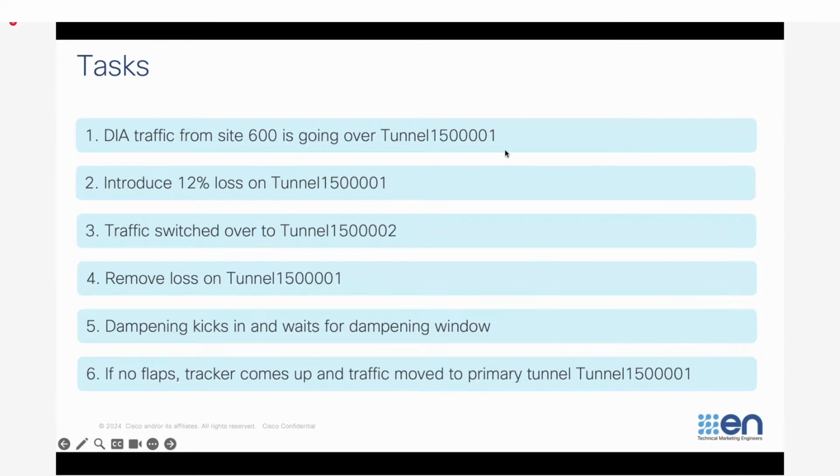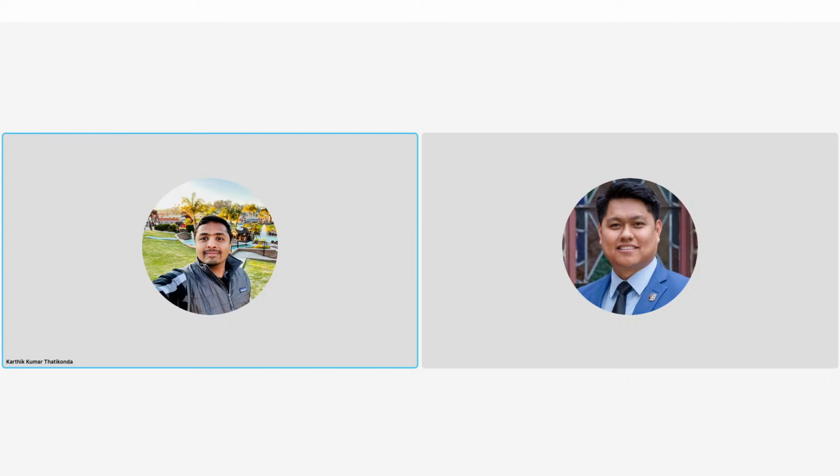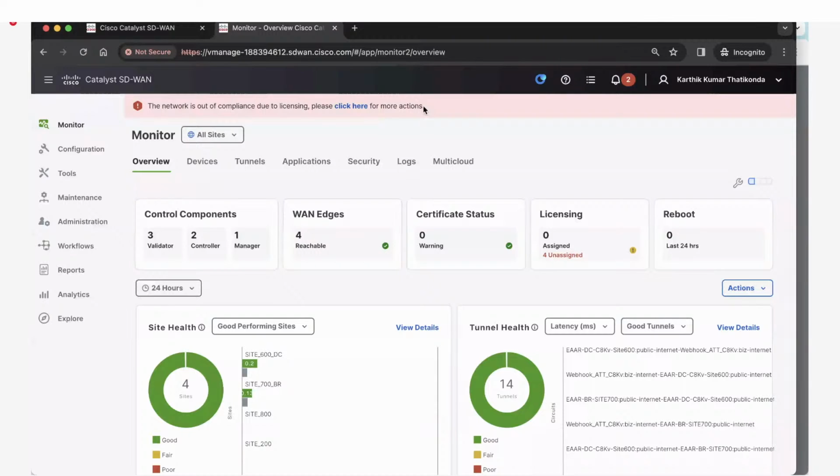let me show you my manager to see how to configure this, and then we will show the demo. So let me stop sharing my other window here. Okay. I think this is the 20.14 release on SD-WAN Manager, and you can see that currently, if you go to the security here,